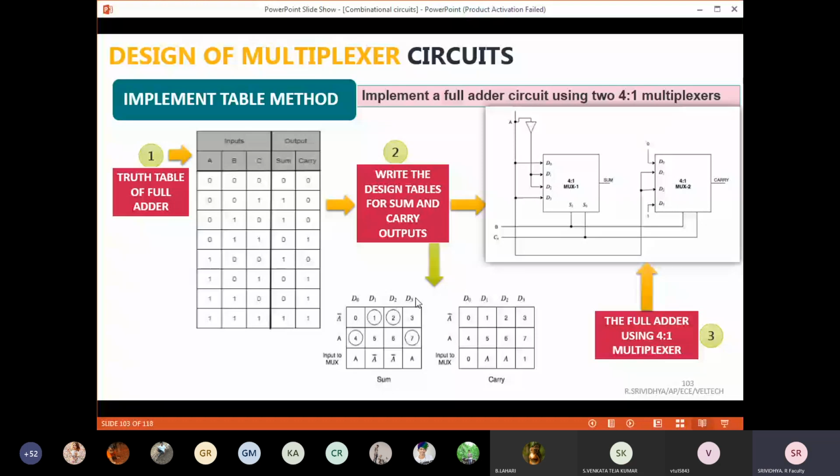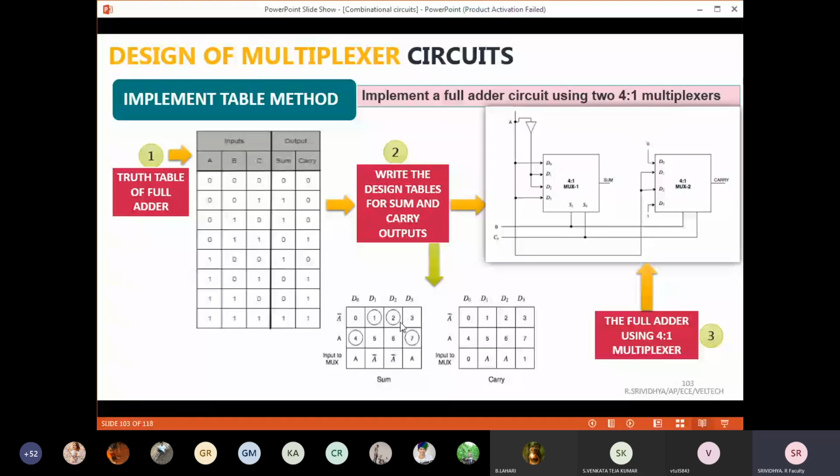Like for K-map also, you all will form a K-map for sum and a K-map for carry. Similarly, here also we are going to form an implementation table for sum and then an implementation table for carry. So now they have itself mentioned that it is 4:1. So for the implementation table 4:1, how many values will be there? 0 to 7. So here the numbering will be the same. It is not like K-map. In K-map, we will reverse the order. For example, we will write it as 0, 1, 3, 2, 4, 5, 7, 6.